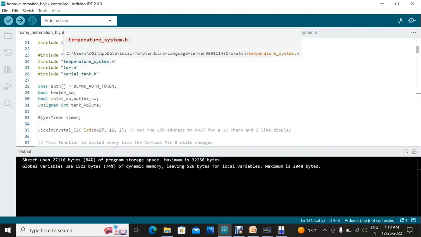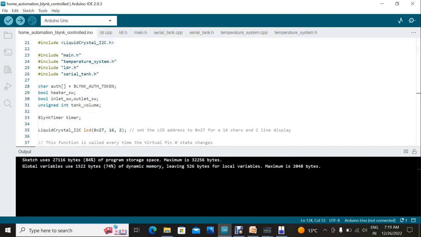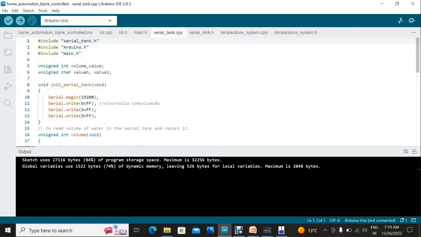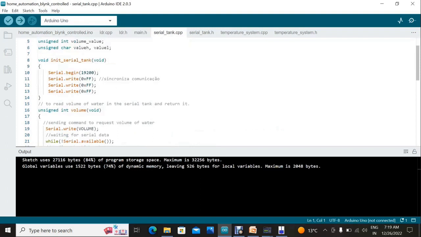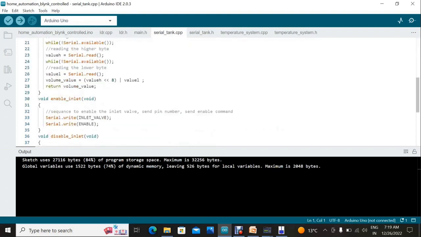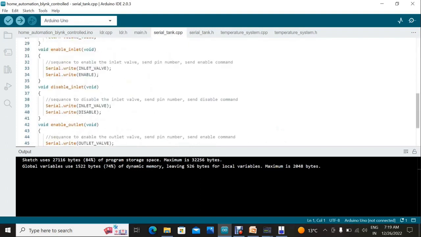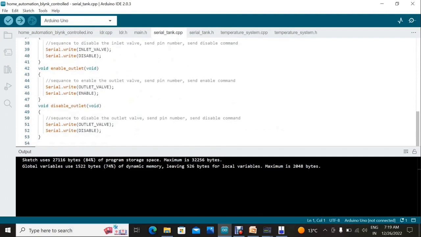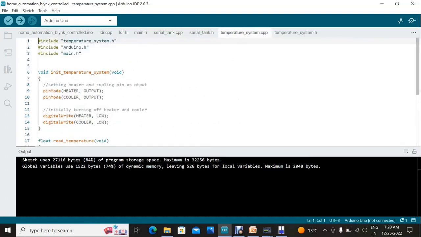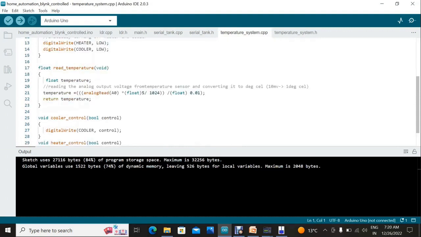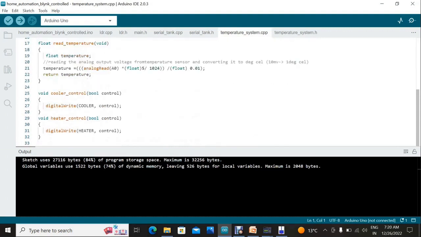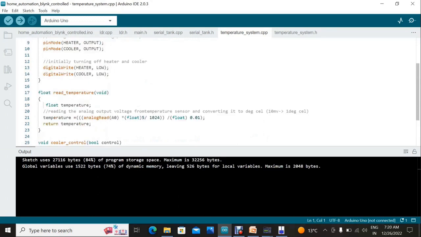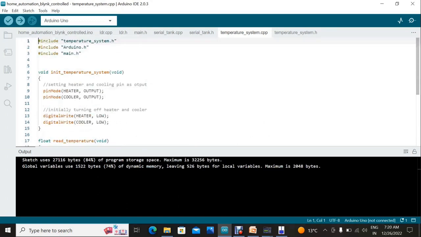This is the main function, and I have divided my project into other functions like serial tank. In the serial tank, I have used functions like enable inlet, enable outlet, disable outlet, and using Serial write, I'm just showing it on the CLCD. And also I'm using a temperature system. In that, I'm using functions like read temperature, cooler control, and heater control. By using these, we can turn the temperature control on and off. And I already explained about the